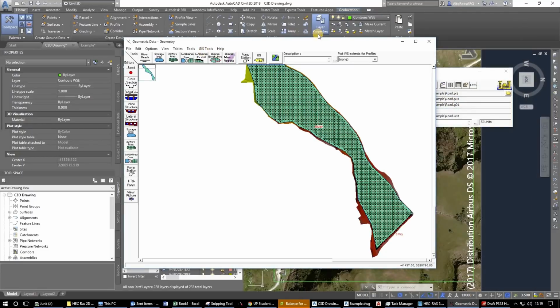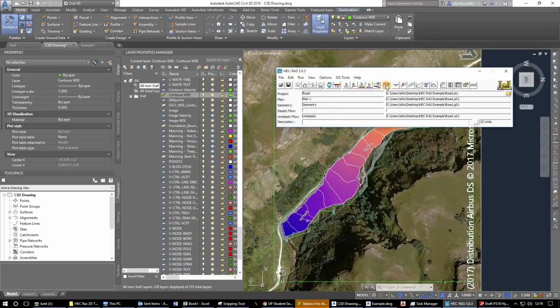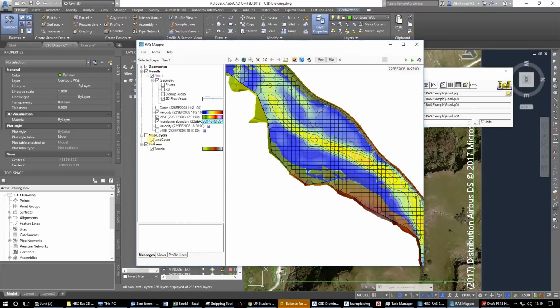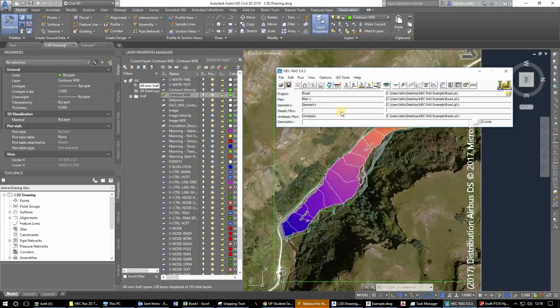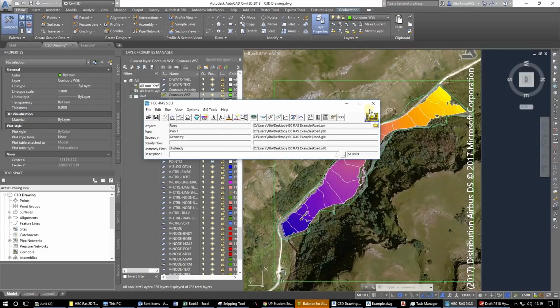They call it a land cover layer in RAS Mapper, not Civil 3D. Setting up and running a 2D HEC-RAS analysis in HEC-RAS, looking at the results,